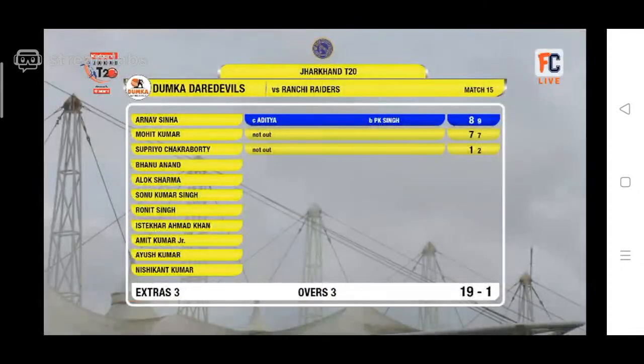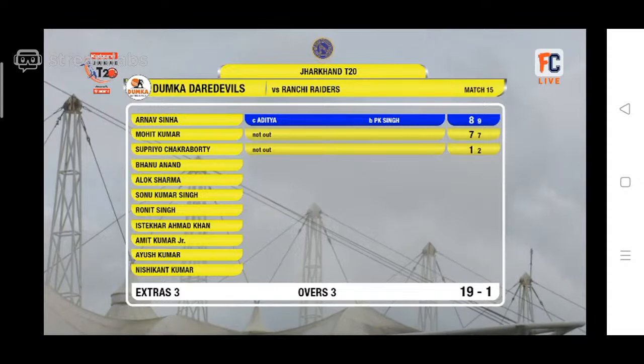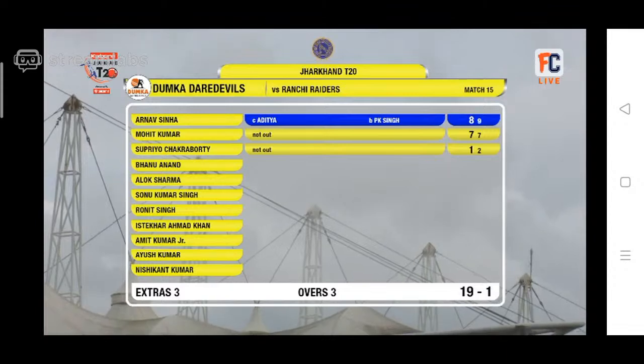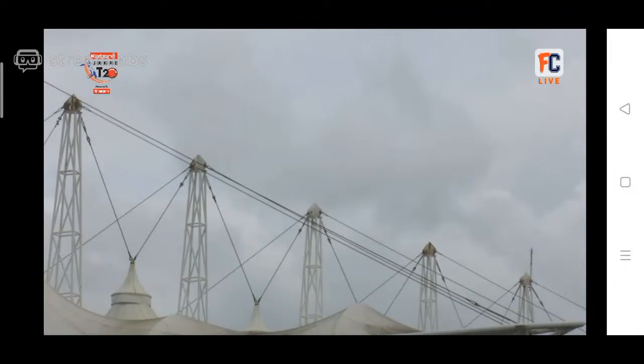Arnav Sinha, the opener, went out for 8. Mohit Kumar and Supriyo Chakrabarti are struggling in the middle to get to a good pace in the run chase. This is the 15th match of the Jharkhand T20 tournament, played here in Ranchi at the JSCA International Stadium.